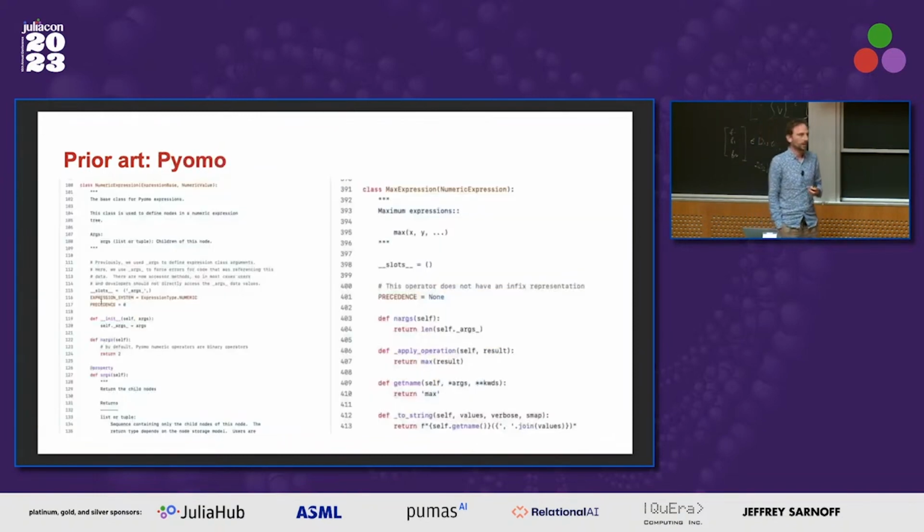The other option, in Python, is Pyomo, which is a very popular modeling language similar to JuMP, and they support lots of nonlinear expressions as well. It's hard maybe to do a direct comparison between Pyomo and Julia, but it's similar to the Symbolics thing, where they've got these specialized nodes in the expression graph with a little bit of stuff in there. I didn't want to put the slide up and get accused of misleading benchmarks, but